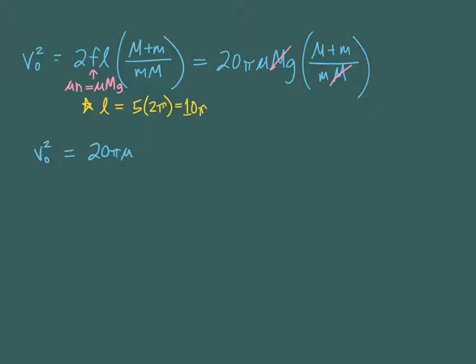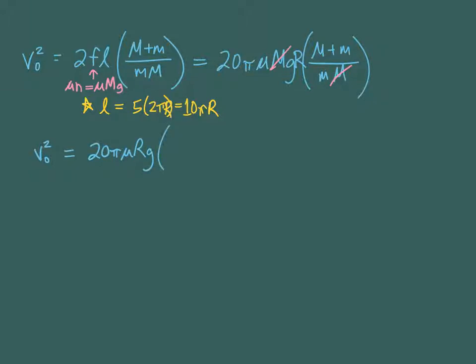Oh, wait a minute. What did I leave out of the length equation? Two pi what? Circumference of a circle. What's the circumference formula for a circle? Isn't it 2 pi r? Right? So I left an r out, which is sad because it was right here on my notes. There's an r in here. So 20 mu pi rg